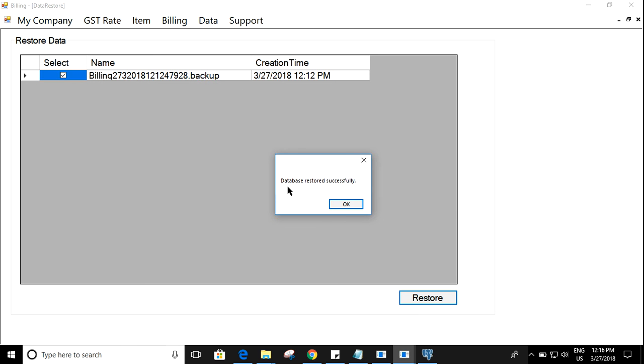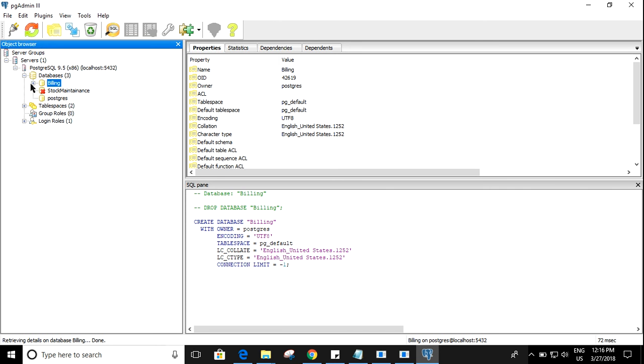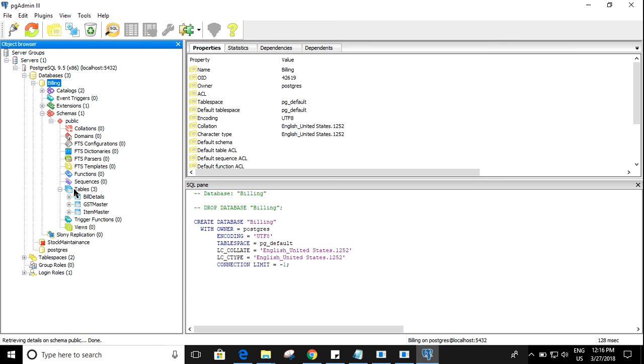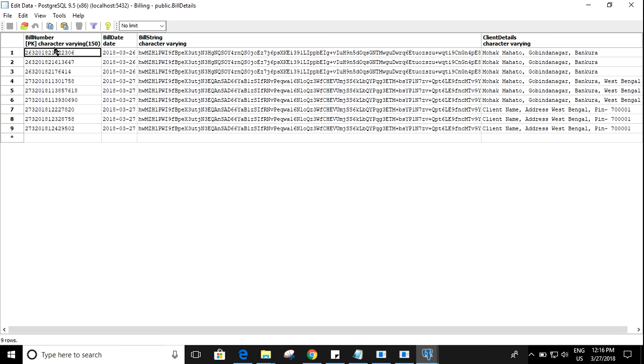Now you can see the message database restored successfully. I'm clicking OK. We'll come to the database again and click on refresh. You can see the billing database has already come, and the tables have also arrived here. Now I'm watching the data. You can see the bill data has also arrived here.